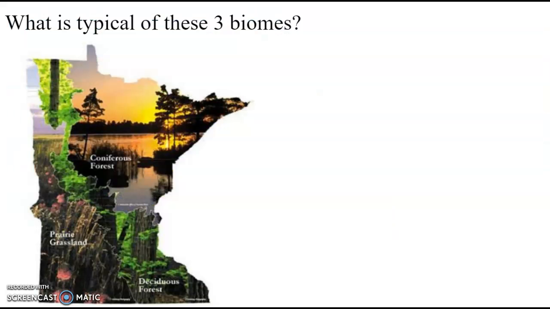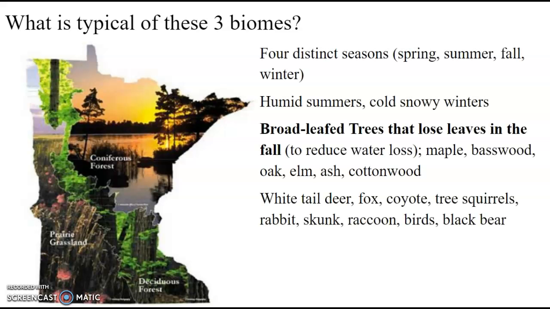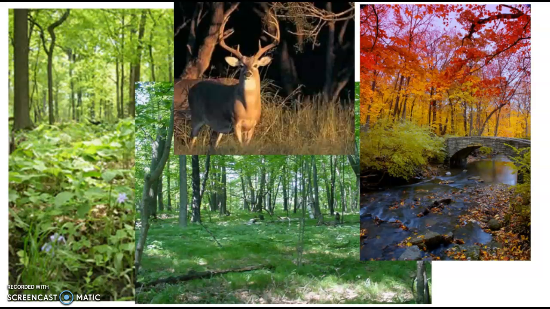All right, name that biome. Four distinct seasons: humid summers, cold, snowy winters, broadleaf trees lose their leaves in the fall. Examples: maple, basswood, oak, elm, ash, and cottonwood. Typical animals listed here. And I hope you recognize this as the deciduous forest biome. And finally, after looking at our deciduous forest images,